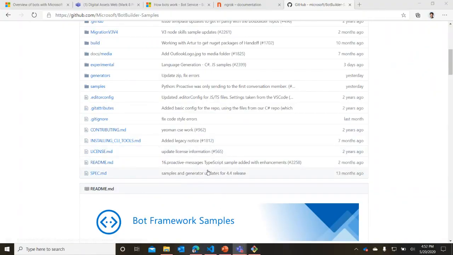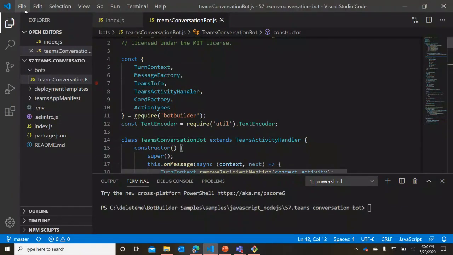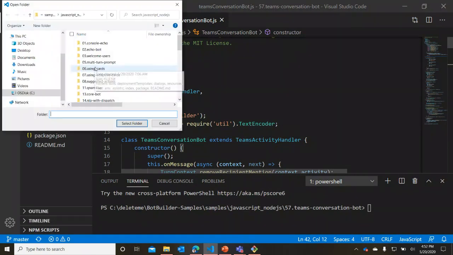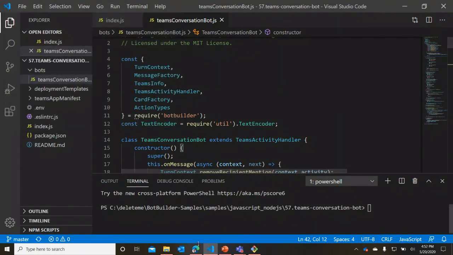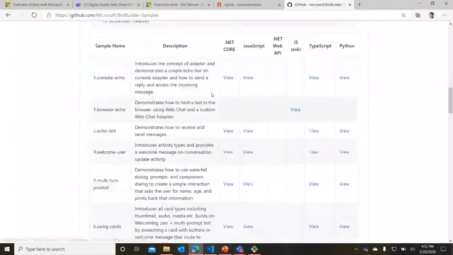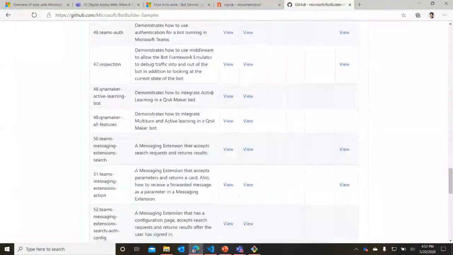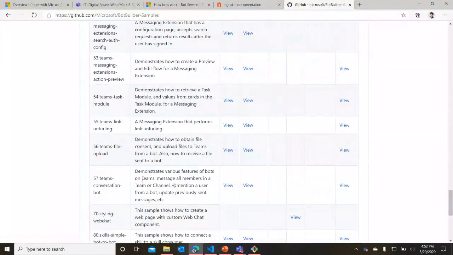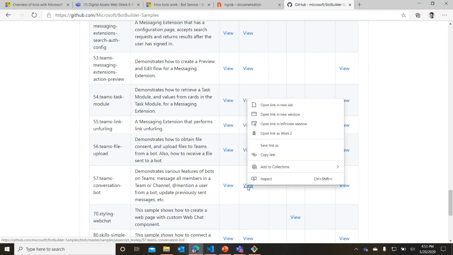So what we're going to do next is I want you to go ahead and head into Visual Studio Code and go into File, Open Folder. Okay, actually, before we do that, let me just give you a quick overview of the actual sample that I want you to work on. So we're looking at sample number 57, which is the Teams conversational bot. What this does is, once I add it to a channel, it has the ability to proactively message all members in a team or a channel. When I say mention me, it takes my name and mentions me back, and it can update previously sent messages. So if you click on the second column over here, this links you to the JavaScript